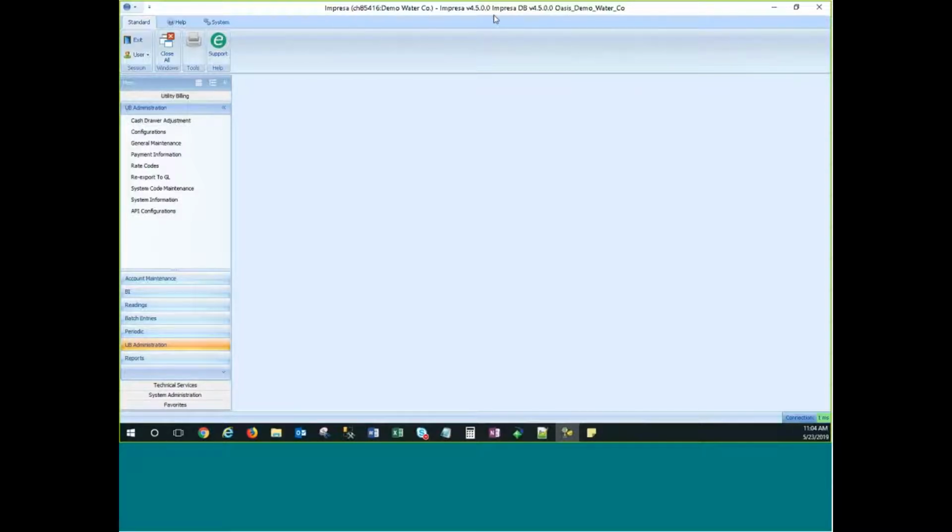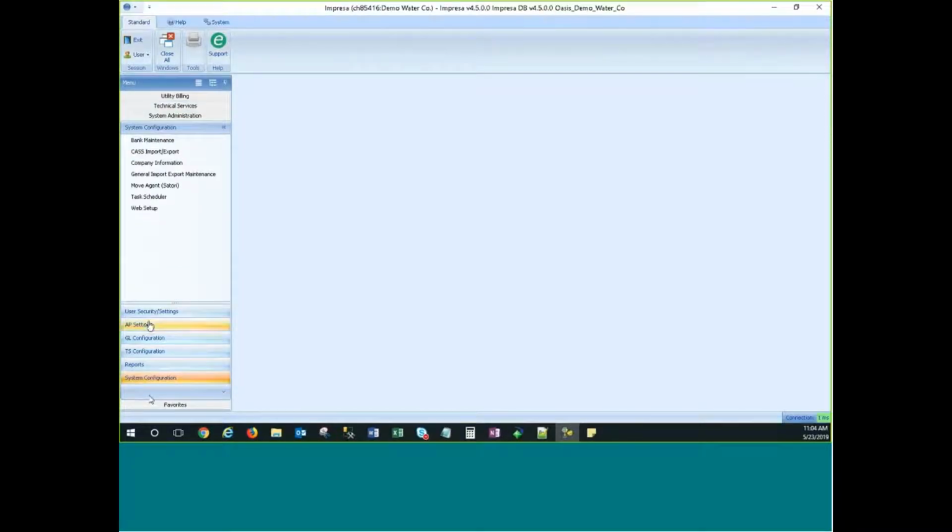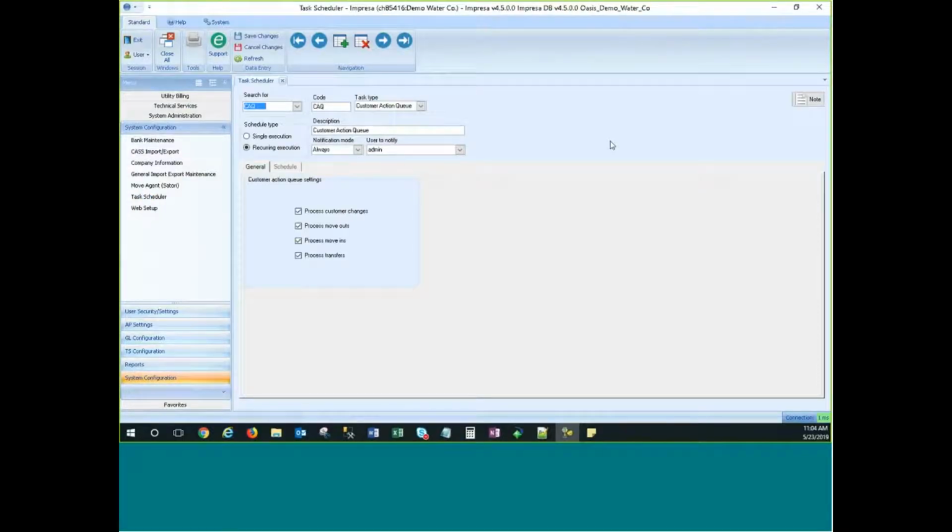So we're looking at one of our demo databases here. Anytime you open Impresa, make sure that your versions match. 4.5, this is your installed version. This is your database version. If they don't match, you're going to have the potential to run into some problems. To get to the task scheduler, we're going to go to System Administration, System Configuration, and then Task Scheduler here on that menu. As that comes up,